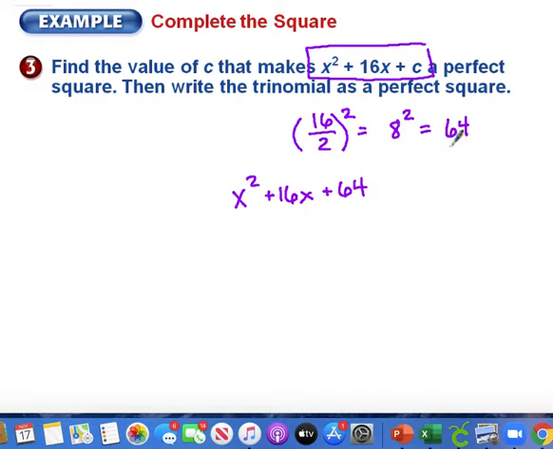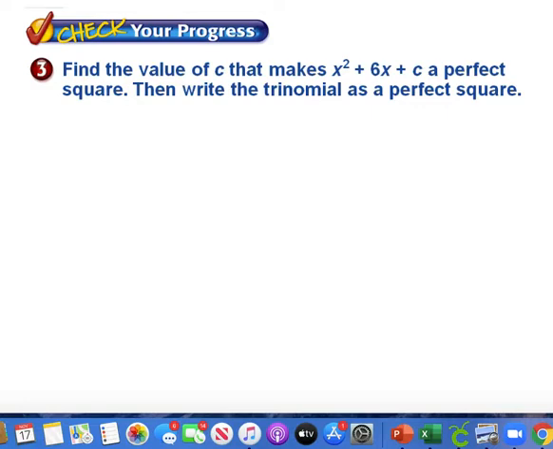When I do that, this is my square term. This will factor into x plus 8 squared. Those are going to be my factors. Let's try another one of those. If you want to pause the video and try this and then check back with me when you're done, you